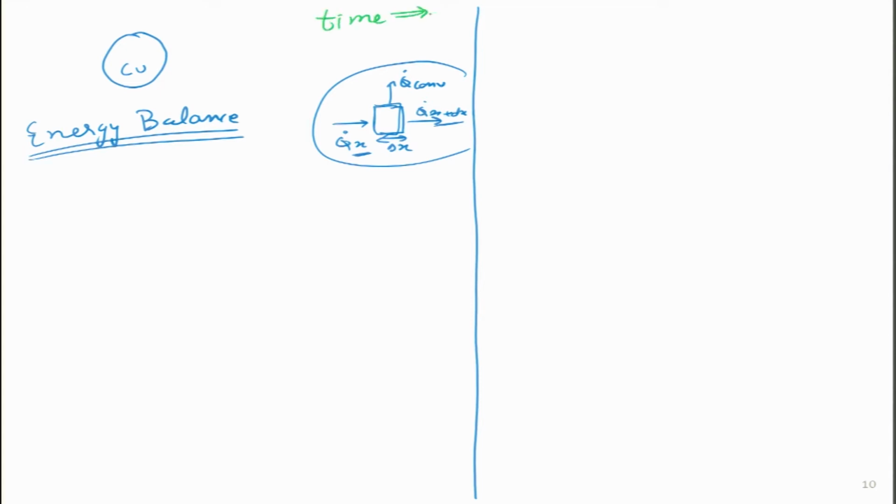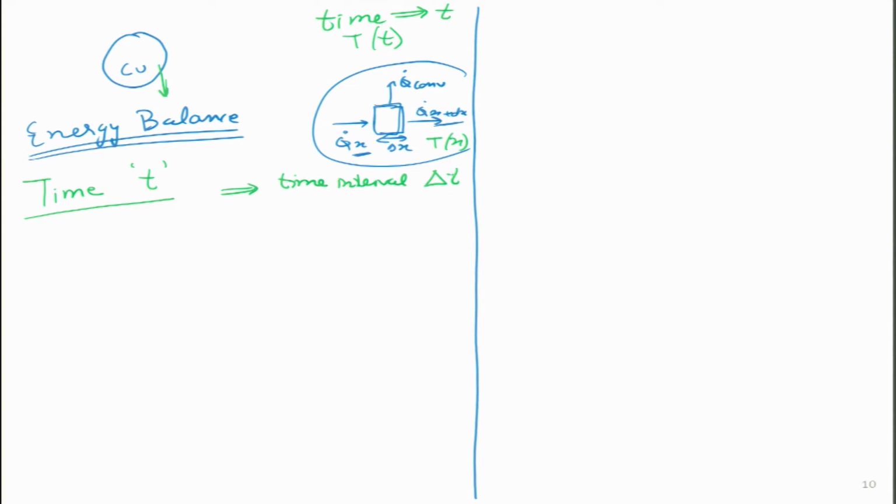So most of the things will be a function of time, like earlier it was temperature as a function of x, but here it does not vary with x, here temperature varies with time. So energy balance, let us try and do. How can we do it with time? So let us say we have dropped this copper ball inside that cold fluid, and a certain time has passed. So we are starting our analysis after time t, and we will do our analysis for a short time interval delta t.